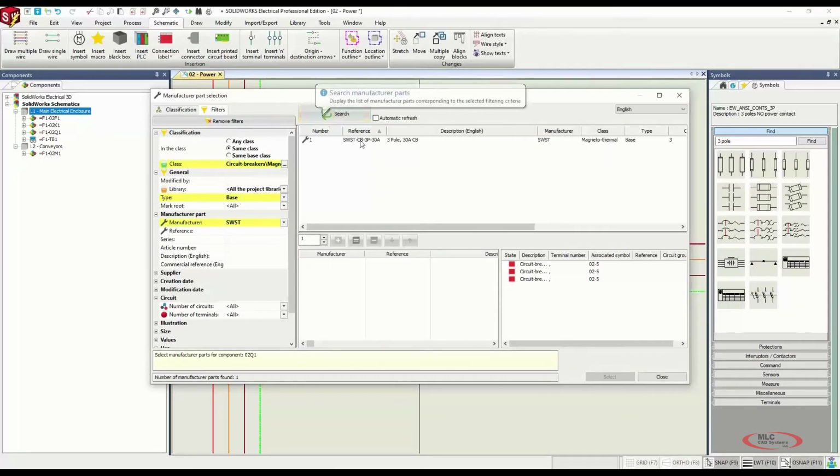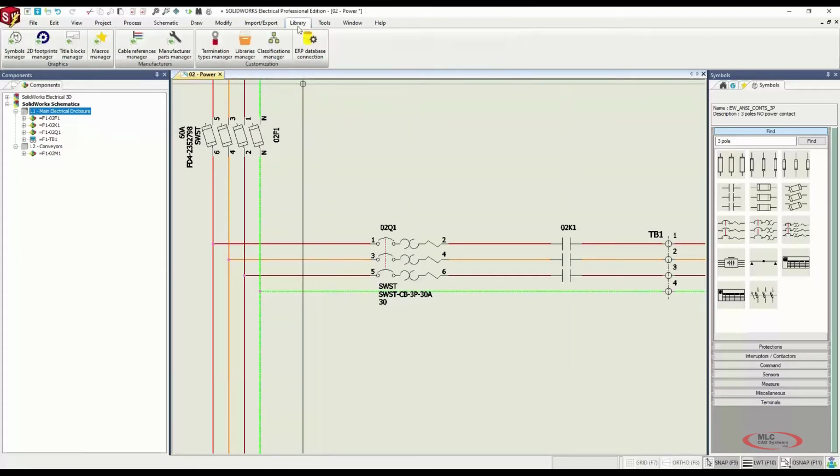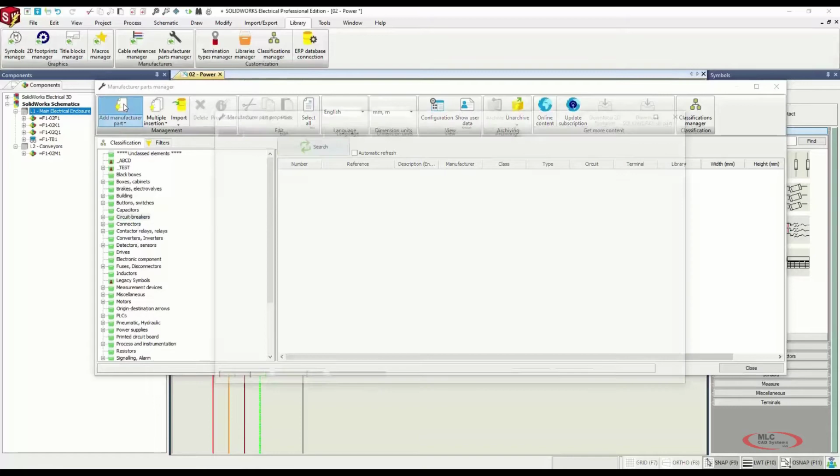Again, right-click, Assign Manufacturer Part, and grab the correct component. Now, if you don't have a component in your database, then that's a really easy thing to alleviate. Number one, it's very easy to type up a brand new component. You could go to your library and choose your manufacturer parts manager. Choose where you want this thing to land, like maybe a circuit breaker, and then you can hit Add Manufacturer